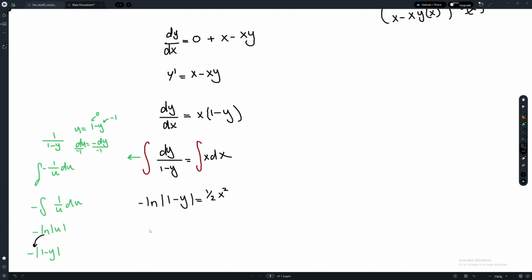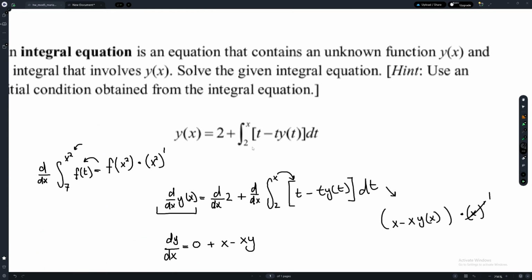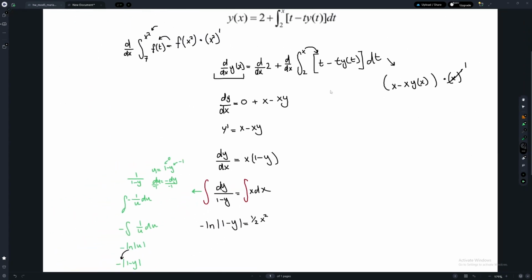So far, so good. We've solved this differential equation. And now what we actually want is a full solution. So the question is, what do I plug into this equation? When I go to the original equation, which was y equals 2 plus the integral from 2 to x of t minus t y of t